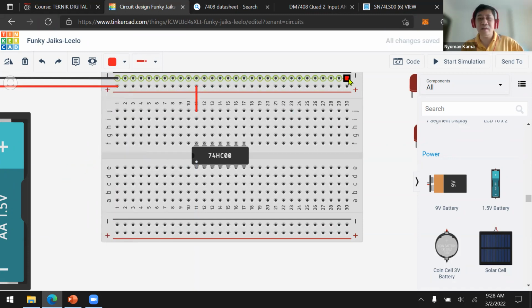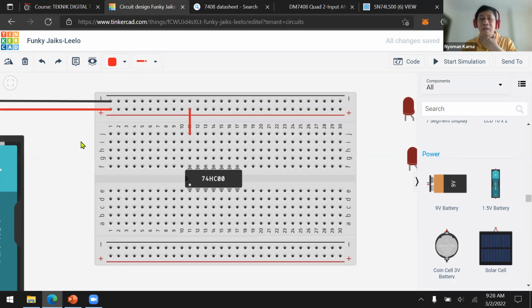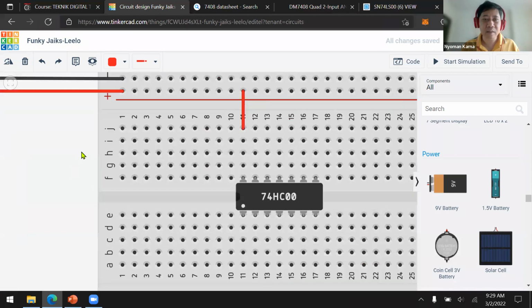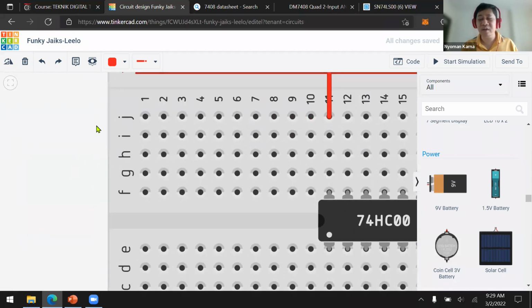Okay, before we move on, let me explain about the breadboard first. A breadboard is something we can put our components on, and it has connections inside. For example, if you hover your mouse here, you can see a green line showing that this dot is connected to this dot, to this dot, and to this dot.